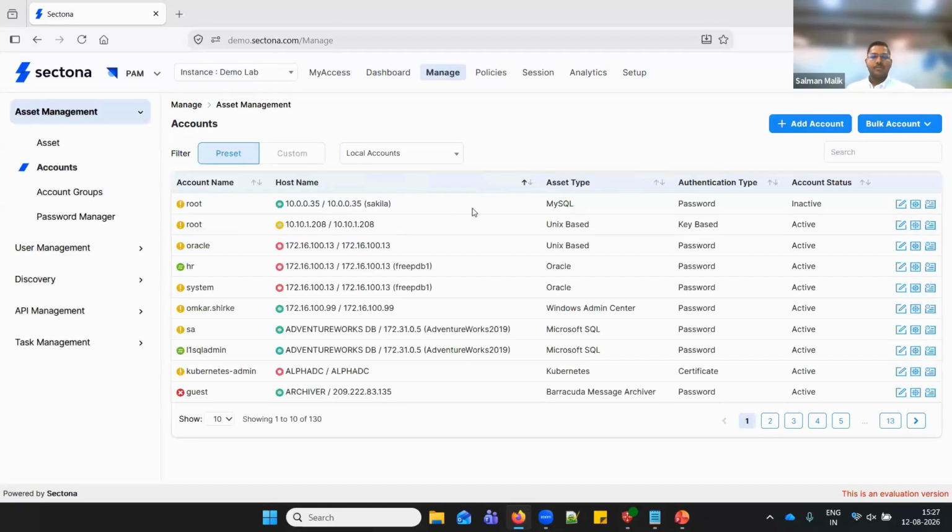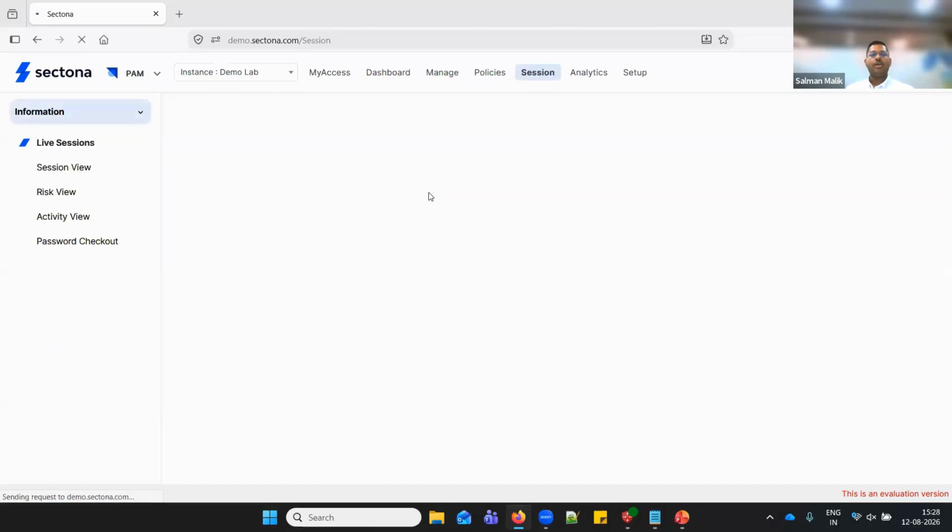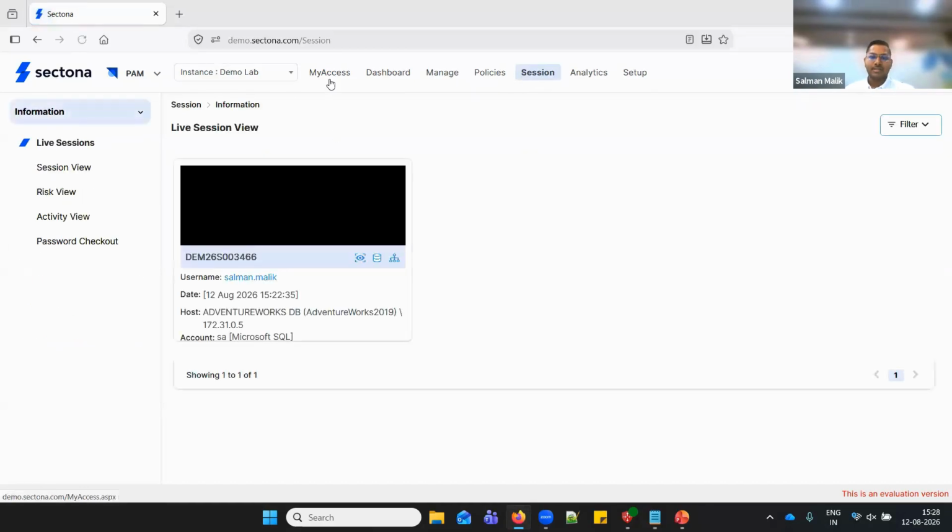Now, another option which we have is the session pause capability. So far, what we had as an option from the live session management was that as an administrator, you had an option to terminate the session. So we have upgraded that option now. You still have the terminate session, but now you get an option to pause the live session as well.